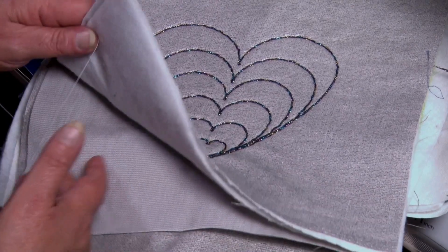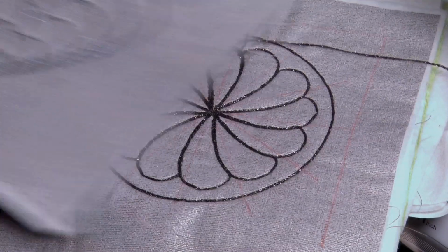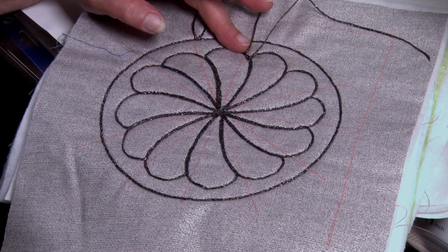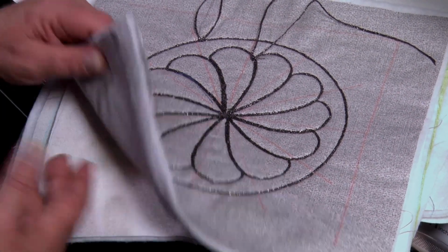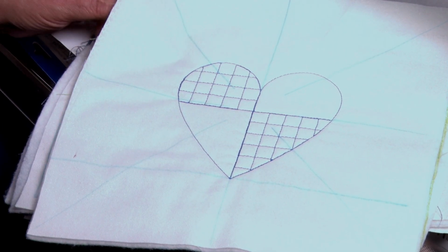This one I've done using our decorative thread ruler foot. Again, this is just the heart, worked using our crosshair ruler to give us reference points, and again I've used a decorative thread on that one. This one has cross hatching,